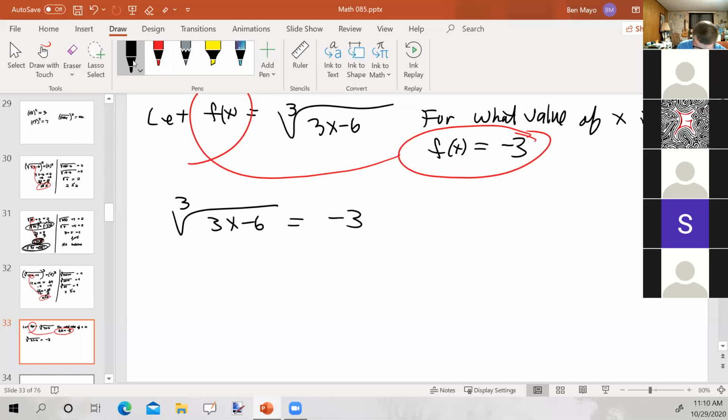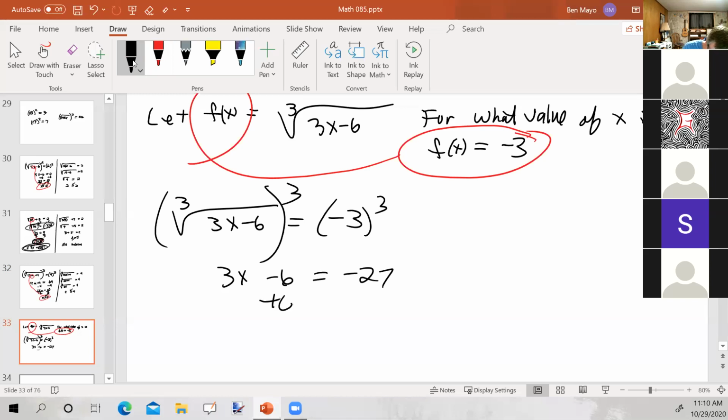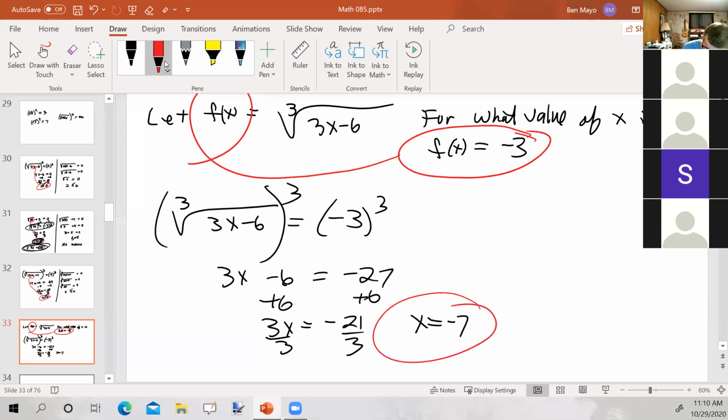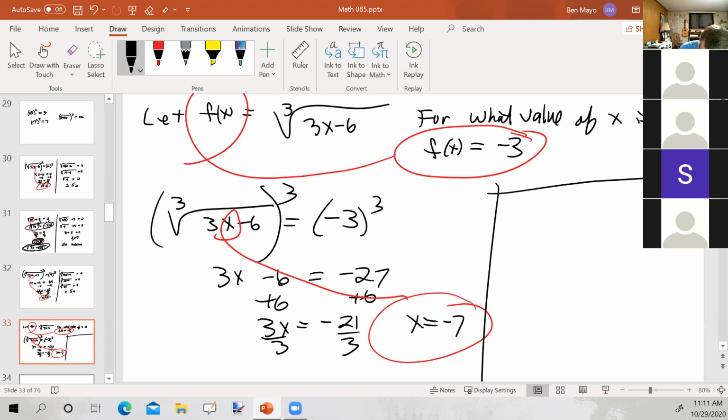Once again, Noah's Ark will rescue us. We're going to cube both sides. 3x minus 6 equals -27. Add 6 to both sides. 3x equals -21. Divide by 3, x equals -7. We're going to take that and check it. Going back to our original, before we cubed both sides, the cube root of 3 times -7 minus 6